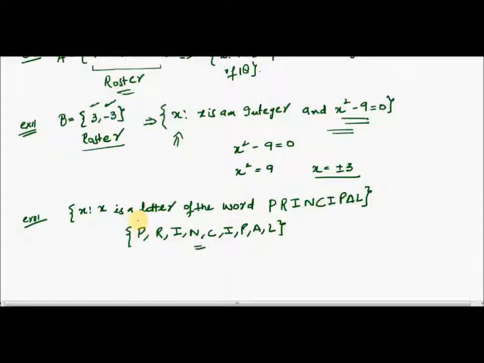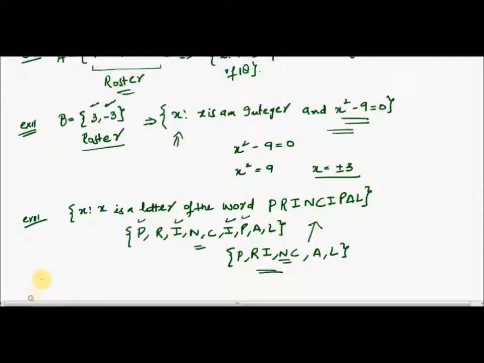So here you can see P and P gets repeated, I and I also gets repeated, so we have to omit these. We have to write these only once. So we'll write it as P, R, I, N, C, and then we'll write A, and then we'll write L. So this is the correct answer for this one,